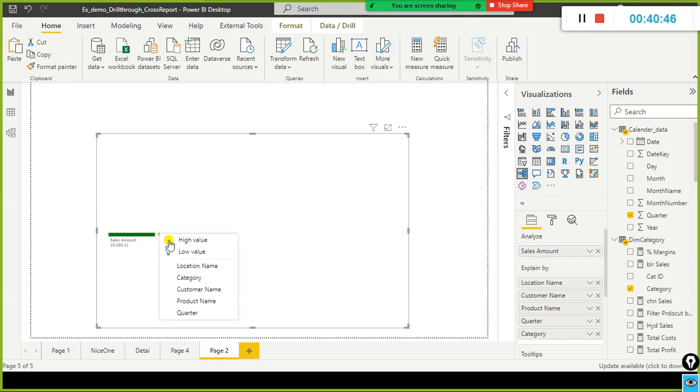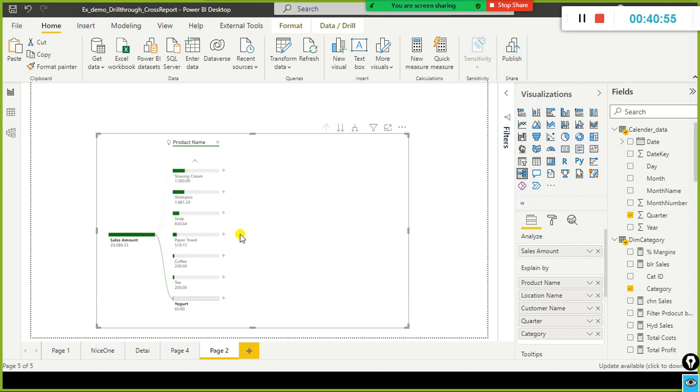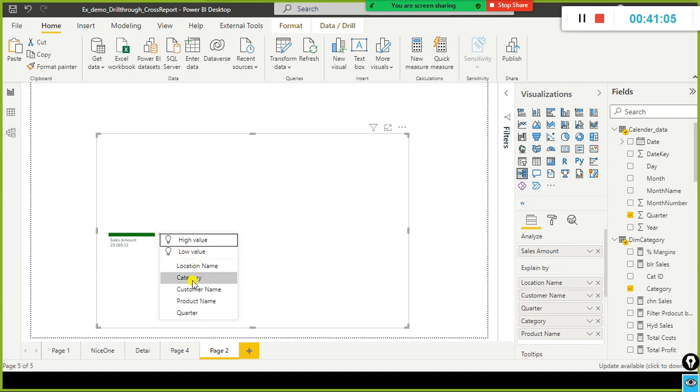And if you see here, if you want to see, for all the categories, show me the lowest value. Each category, what is the lowest value, right? So you can see the product names. Here I selected the product name, okay, and let me just go ahead and select, yeah, first we will go by category, right? So I just select the category dimension.